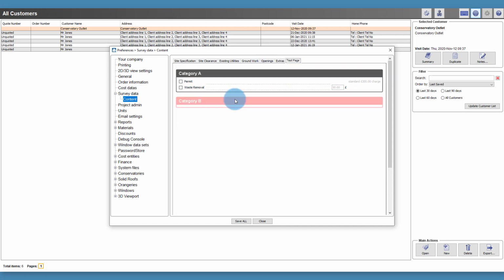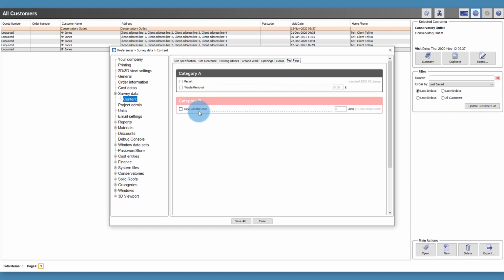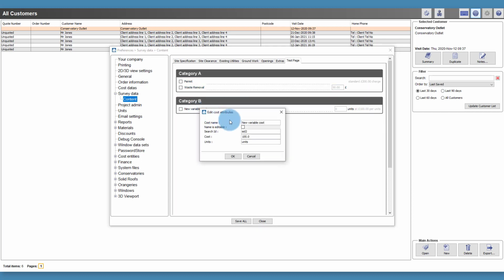Hover over the panel and click, and this time I'm going to add in a variable cost item. A variable cost item allows you to specify a fixed cost per unit with an additional field to allow the number of units to be specified on a job-by-job basis. I'm going to use the example of a light fitting, as the amount of fittings you need may differ from job to job. So to edit this new item, hover over it and click, select edit,